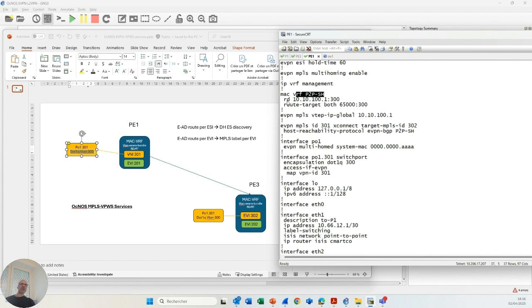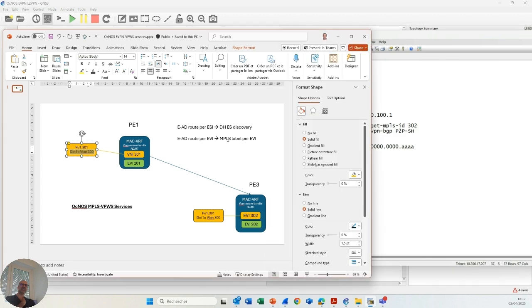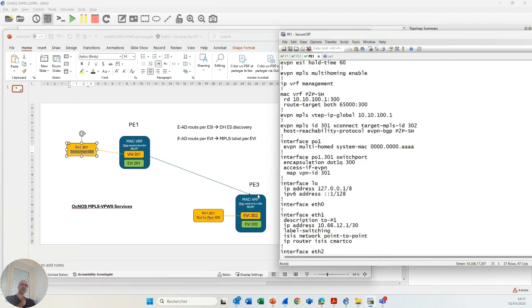All right, and this is where I define route distinguisher and route target. In fact, basically what PE1 will do is that it will send a BGP update message containing Ethernet auto discovery route to advertise the MPLS label that should be used by PE3 in order to forward frames to VNI 301. Okay, so imagine you have a BGP update message from PE1 saying,